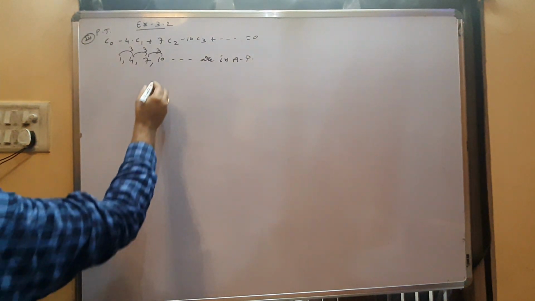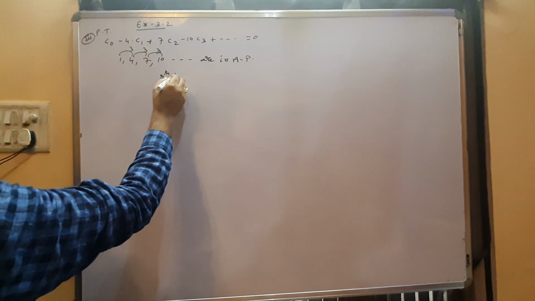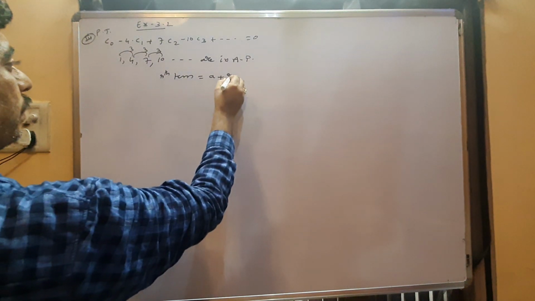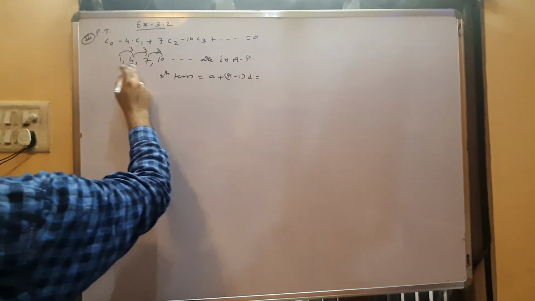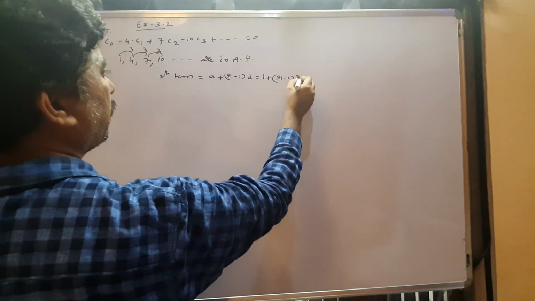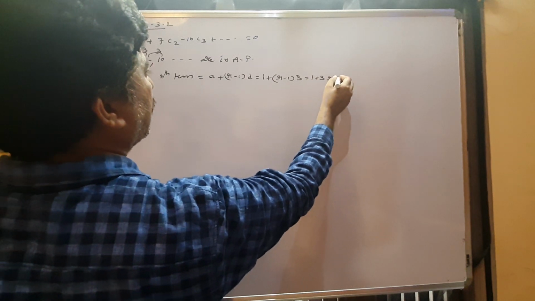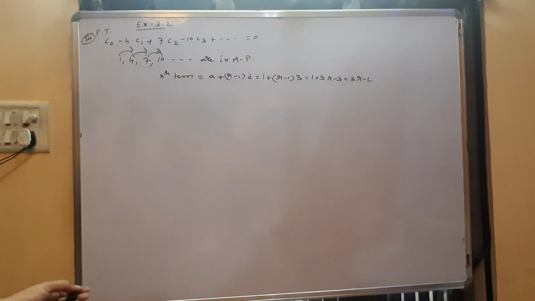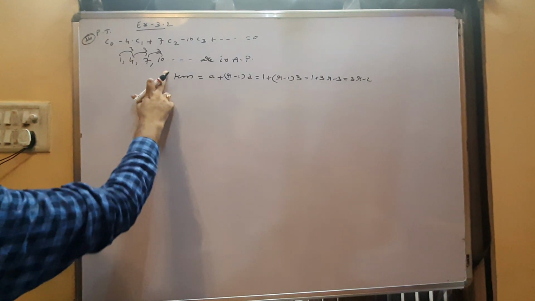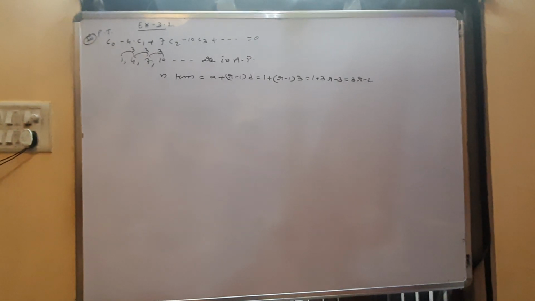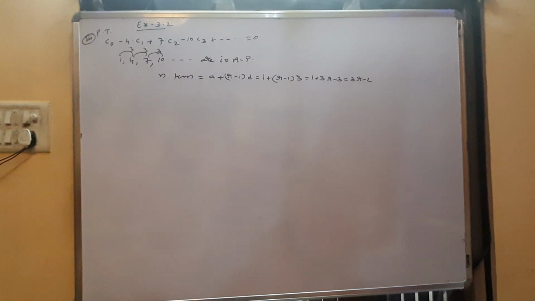So the nth term or rth term equals a plus (r minus 1) into d. That is, a is 1, (r minus 1) into d where d is 4 minus 1, 3. So 1 plus 3r minus 3, that equals 3r minus 2. That is the rth term. Now you are finding the nth term, you have to find. Otherwise you can go one more procedure. Better you can go for the second method.